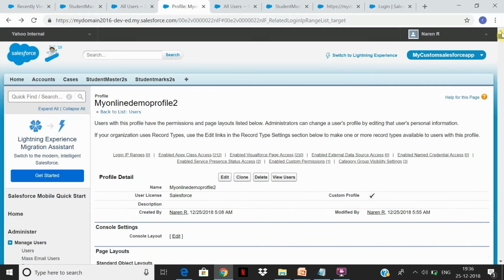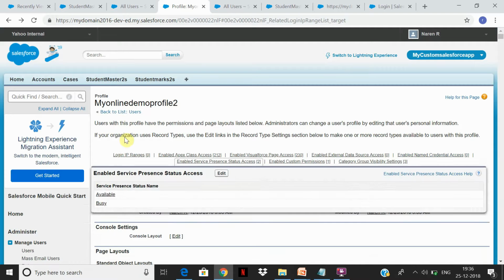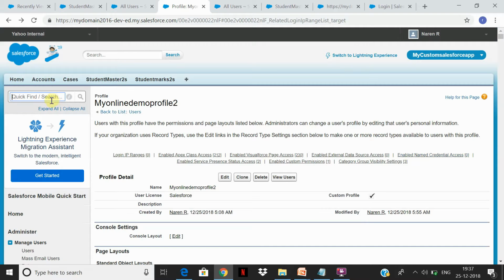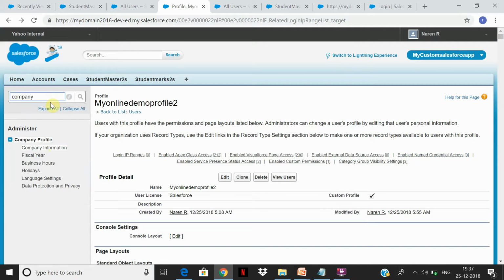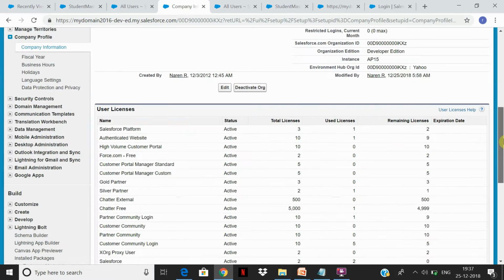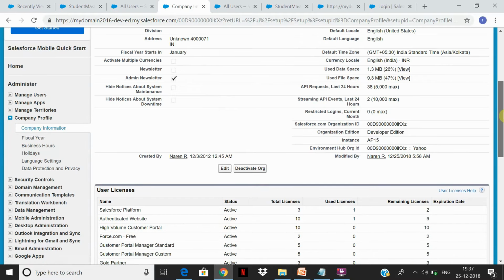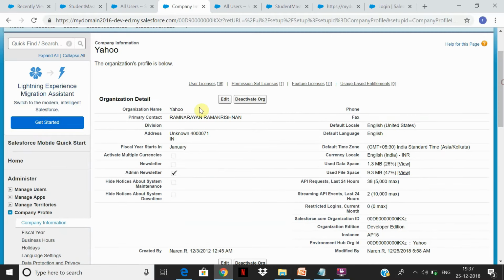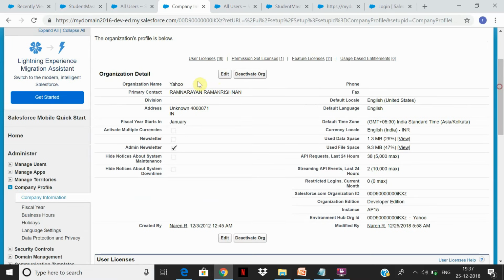So that is one, IP ranges. Login hours also can be restricted. Another place where you can manage this is at the company information. You can specify the login, user licenses. Also you can